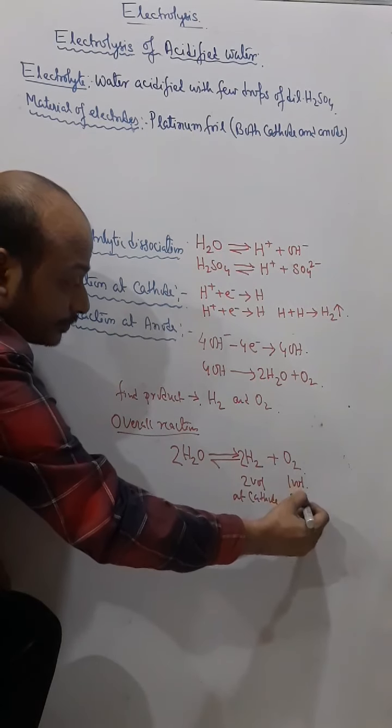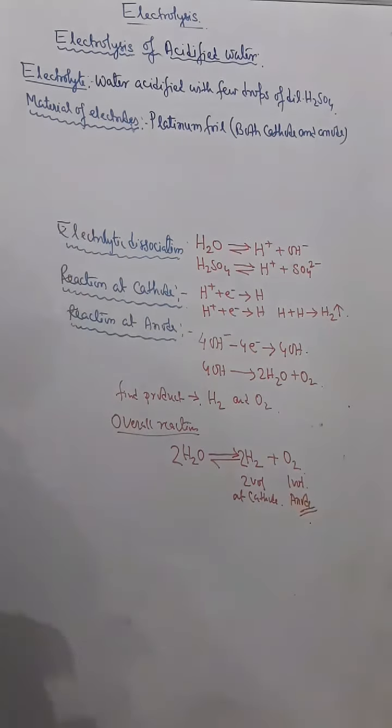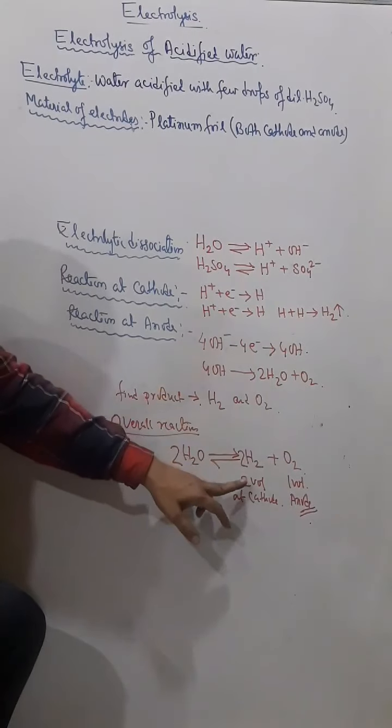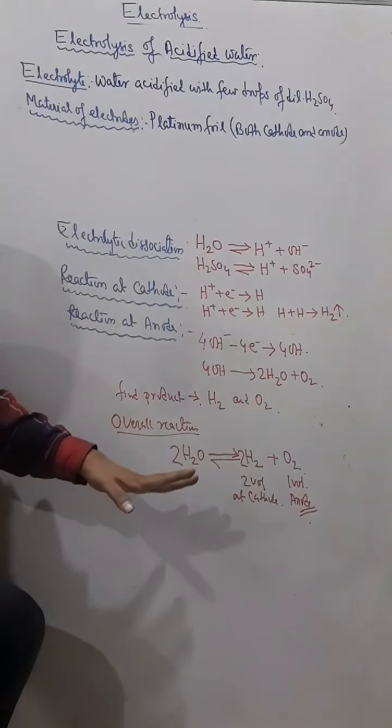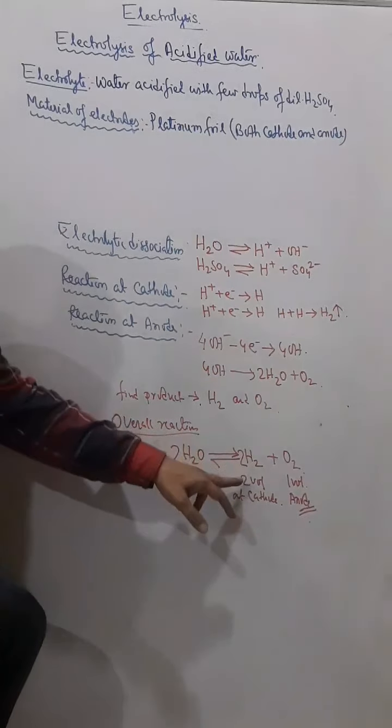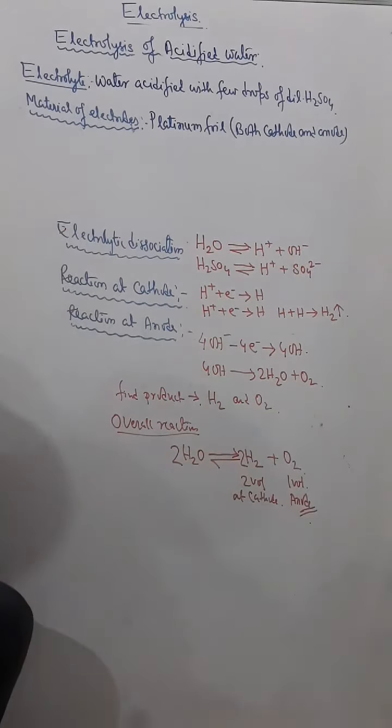Okay. So finally the ratio of hydrogen and oxygen that will be formed here will always be 2:1. That means if you get hydrogen 2 liters, then oxygen will be 1 liter. If you get hydrogen 20 liters, then oxygen will be 10 liters. So finally you can say that the ratio of the products, hydrogen to oxygen, is 2:1 by volume, where hydrogen is produced at the cathode and oxygen is produced at the anode. Okay, understand?